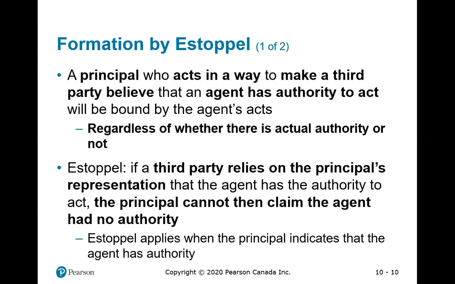It seems complicated, but it's not. When you registered for this course, was my name there? When you saw the course outline, was my name there? Is it not apparent to you that I have authority to teach this class? You don't know if I have authority, actual authority or not, but it's apparent to you that I have, because my name was in the registration link. My name is on the BCAT website. So from your perspective as a third party, I have authority.